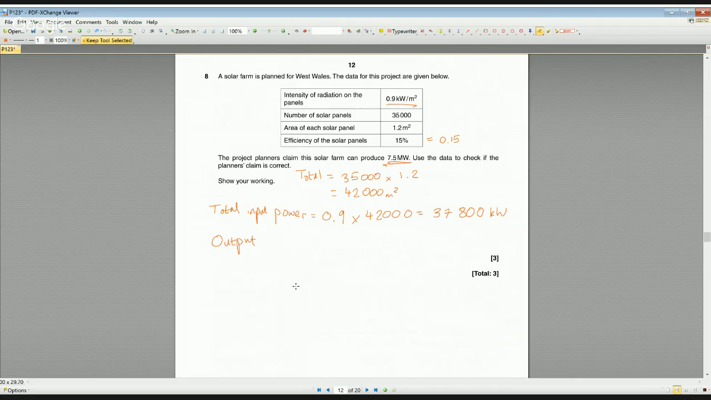The output power is obviously going to be less than the input power. The solar panels cannot create energy, so some of it's going to be lost. So the output power is going to be our input power, which is 37,800, multiplied by 0.15, because that will give us a smaller number. If common sense told us that a bigger number was needed, then perhaps dividing by 0.15 would be necessary. But here we're multiplying